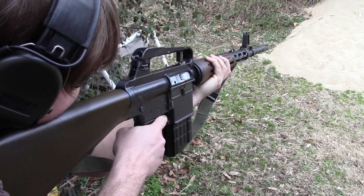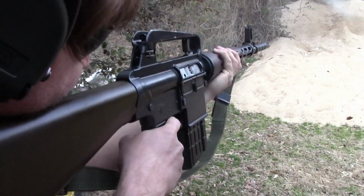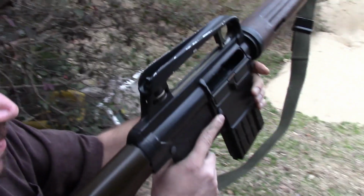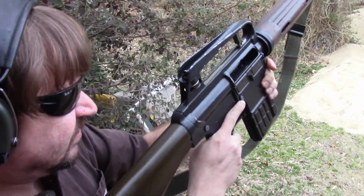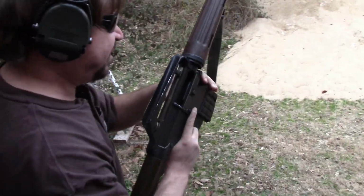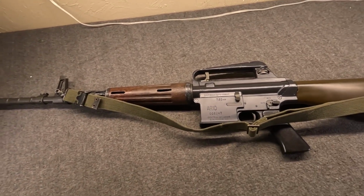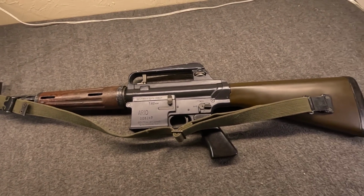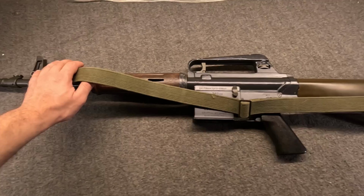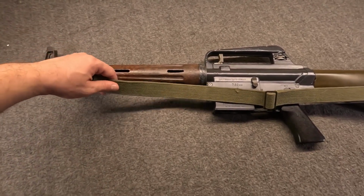Armalite AR-10 first shots. Held open. I was getting pelted in the knuckle the entire time. No matter where I moved. You said knuckle, Knuckle. Right? Yes, I said knuckle. Okay, just making sure. And nipple. Once. The truth is, if anything were to break, especially the furniture, I do have a spare pistol grip, but otherwise replacing it would be on nigh impossible. So this one's one of those that just kind of has to be retired to the